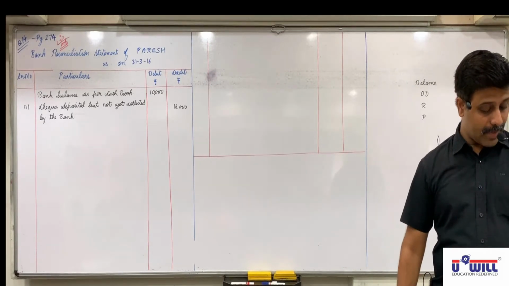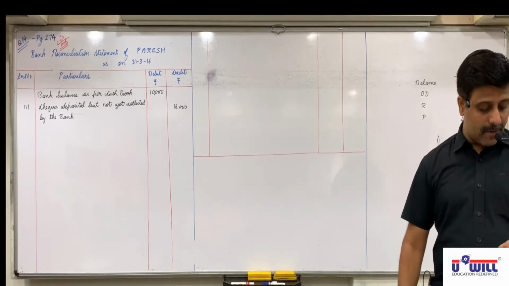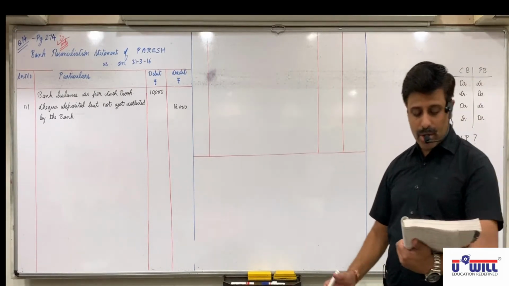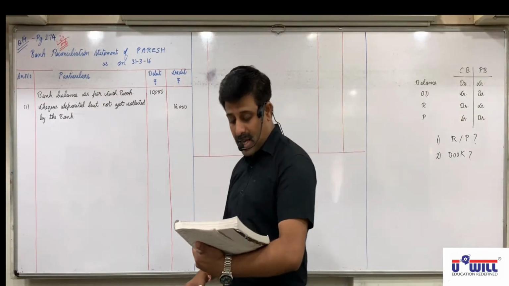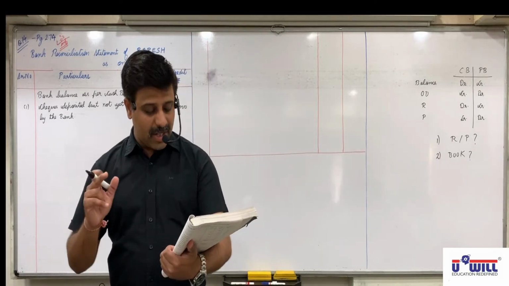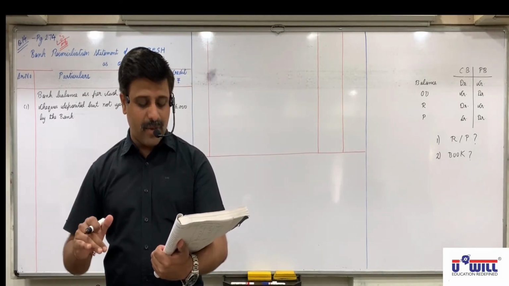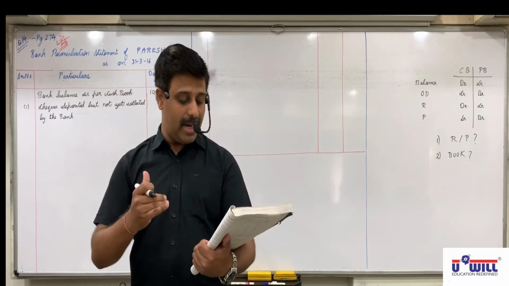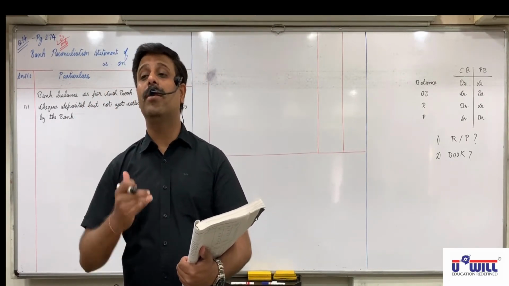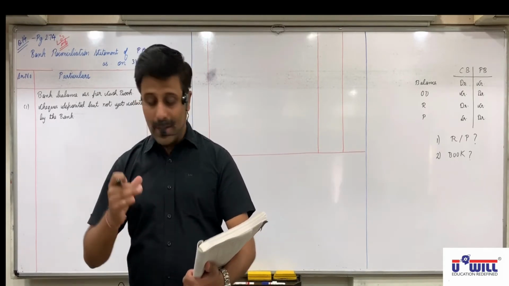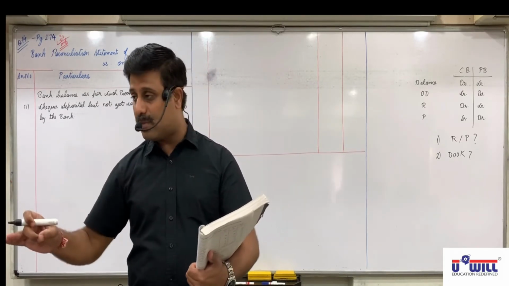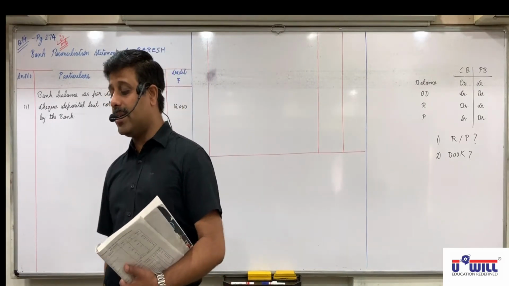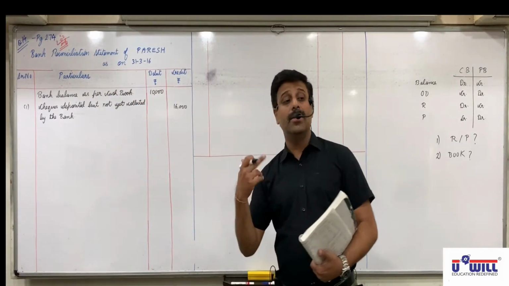Next. Checks of 16,000 were drawn. Now see here it is given: checks of 16,000 were drawn during the month of March, out of which a check of 10,000 was presented for payment till 31st March. Now here will we take 10,000 or the difference amount? Difference amount. So underline 10,000 till 31st March, and on the right side write down 6,000 not presented. So now we will record 6,000.